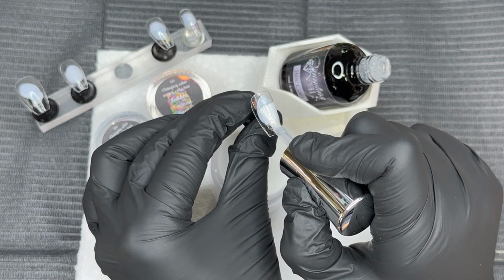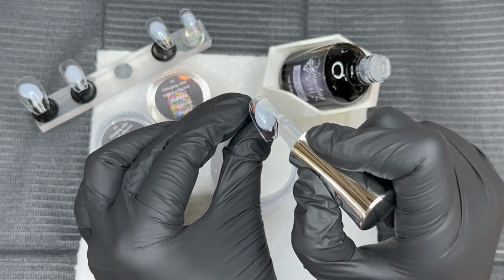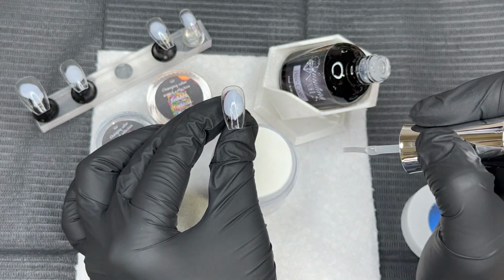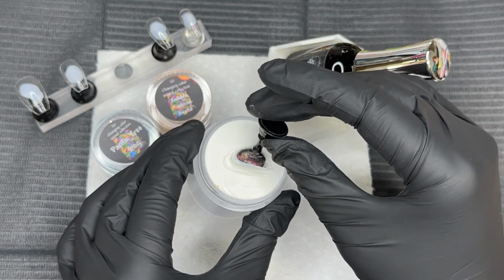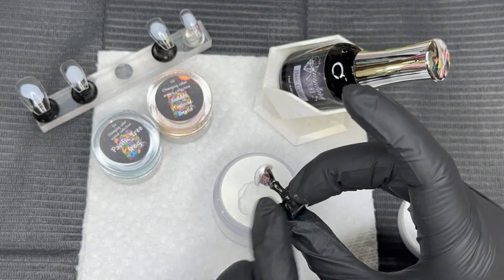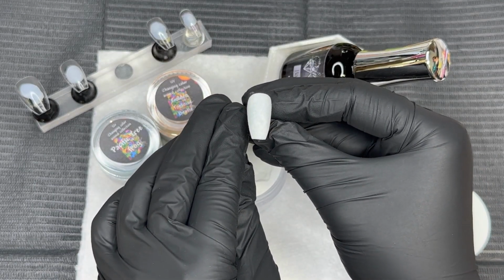by using Mary. This is going to be our accent nail, and anytime that I'm working with white dip powders, I always like to do that accent nail first just to make sure I'm keeping that white as pure as possible. And we are using dip liquids today. I know some of you might be shocked because I've been on a gel method kick here for a while,